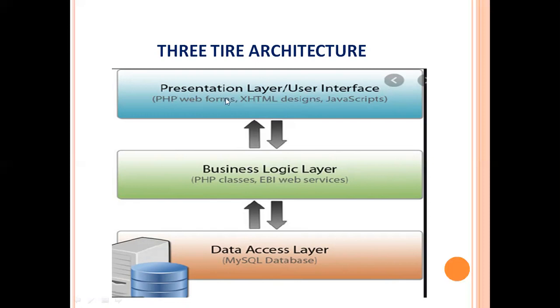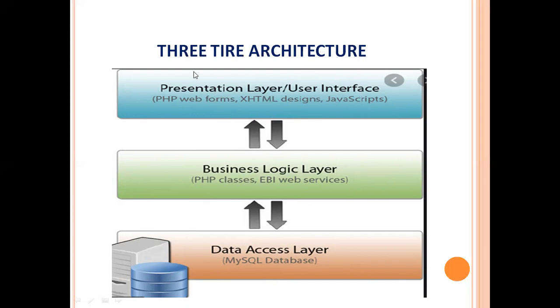This is the client layer or presentation layer. The client layer sends a query, then that query is processed by the business logic layer, that is, it is converted into some machine readable form, and then that query is passed to the data access layer. The data access layer retrieves the data from the database and sends it back to the business logic layer. The business logic layer turns it into a user understandable form, and that data is sent back to the user, that is the presentation layer. This is all done in three tiers, three layers: 1, 2, 3.